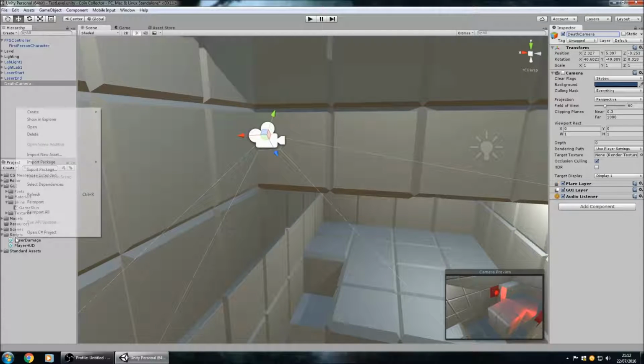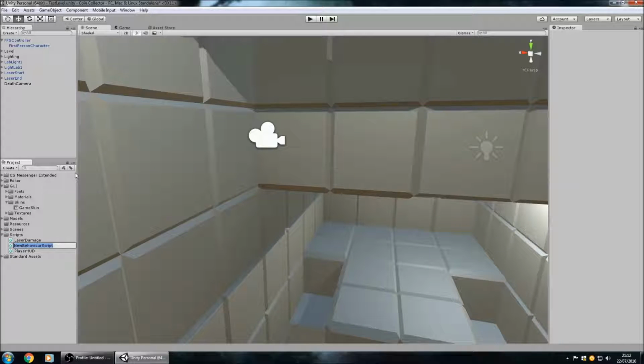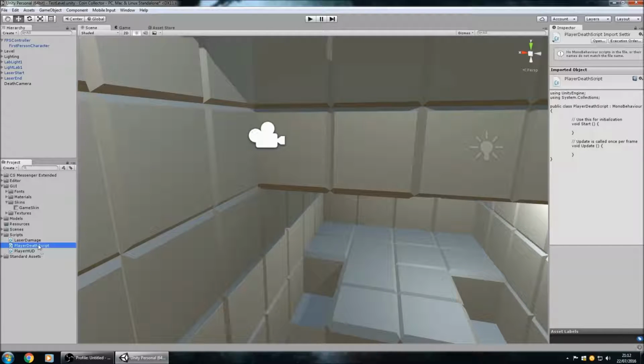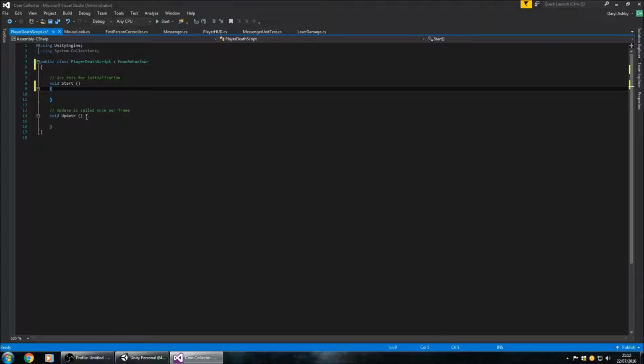Now I want to create a script. New C# script called death, or player death script. And then open that up. And now I'm going to organise this the way I like. Then we're going to do a void OnEnable,